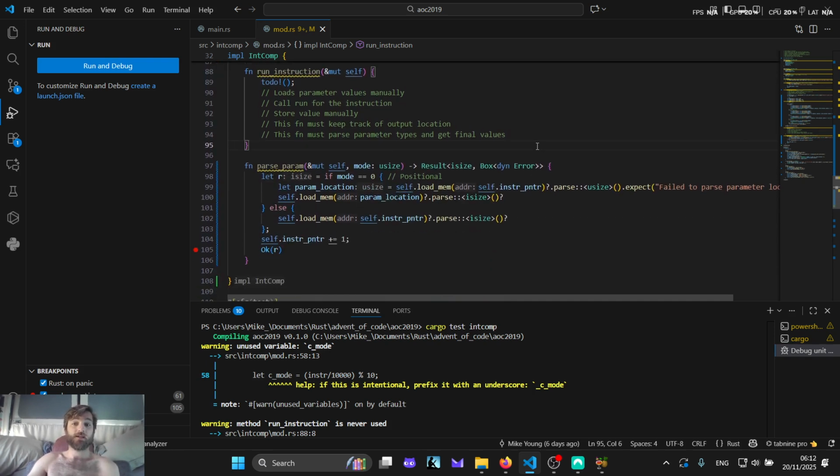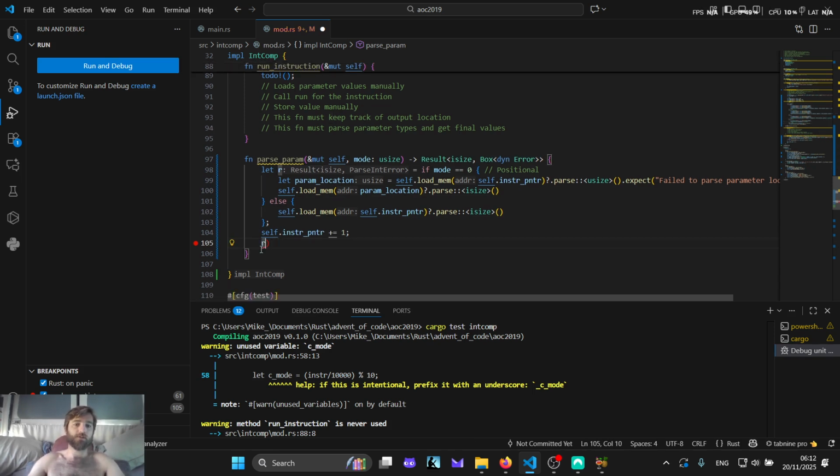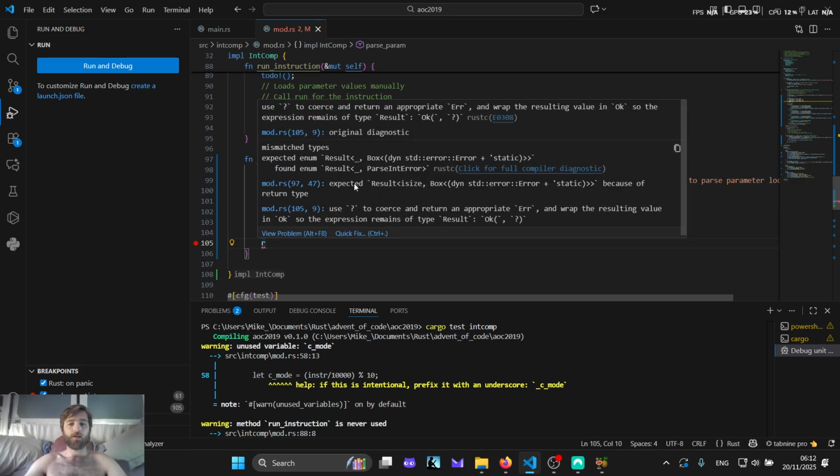The issue we had was I wanted to return a boxed in error. And it was going, no, you can't do that because what you've got is a parse in error instead. And I was like, well, I'm pretty sure this should convert on its own. Rust does not implicitly convert in most cases. The question mark operator itself will do the conversion for us for free if the error you're going from